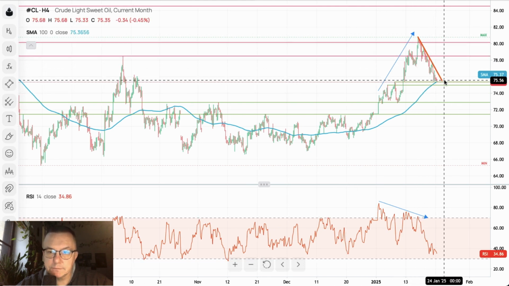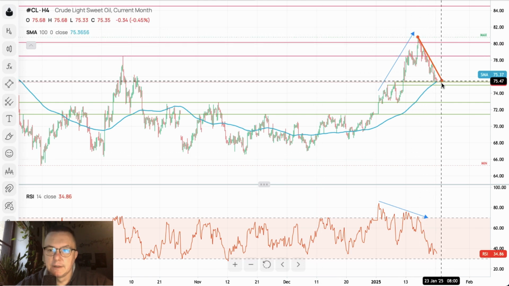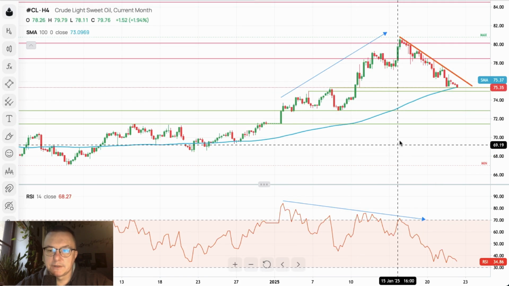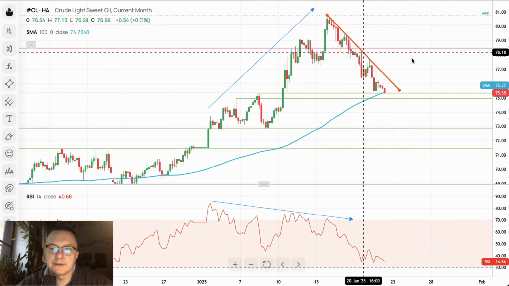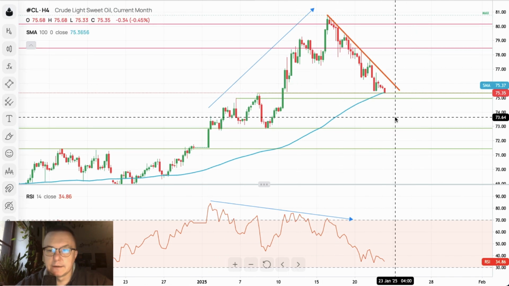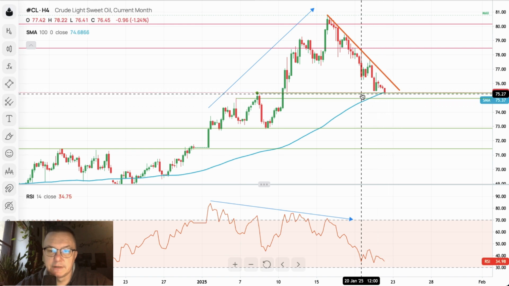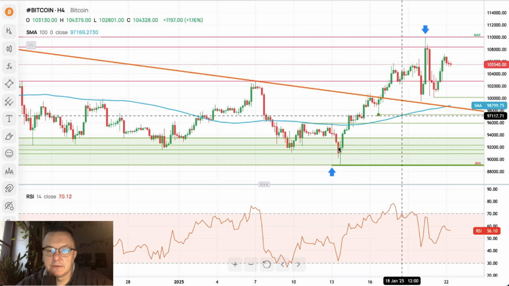Very big correction, the biggest during the up move, so it's obviously oversold, and this is the movement to the downside, which is not a part of the previous uptrend anymore. This is a completely different cycle on the crude oil. So please keep an eye on the situation here. We might see further deterioration lower if the 100 periods moving average and the demand zone won't hold the bearish pressure. And last but not least, let's take a look at the Bitcoin.